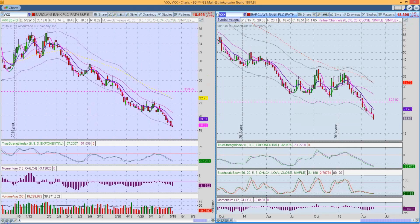When it stops going down, Thong. No. Seriously, VXX can be a very good trading vehicle. However, right now, as you can see, it basically came in here and tried to put in a bottom here at 2055, but as you can tell, the VIX itself